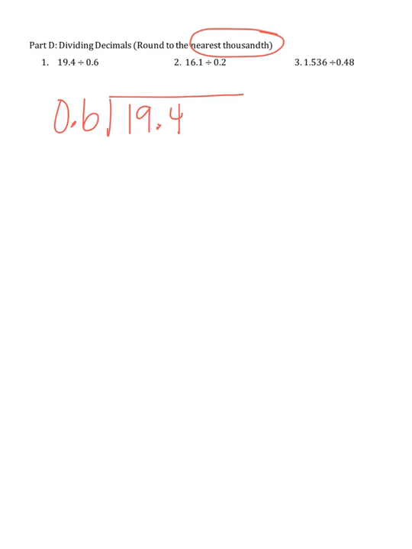Now remember, when we divide, our goal is to rewrite any decimal divisors as a whole number. In order to do that, I would need to move the decimal point one place to the right. In doing so, I am multiplying the divisor by 10. So I must do the same to the dividend in order to keep the quotient the same. Then I'm going to rewrite this problem